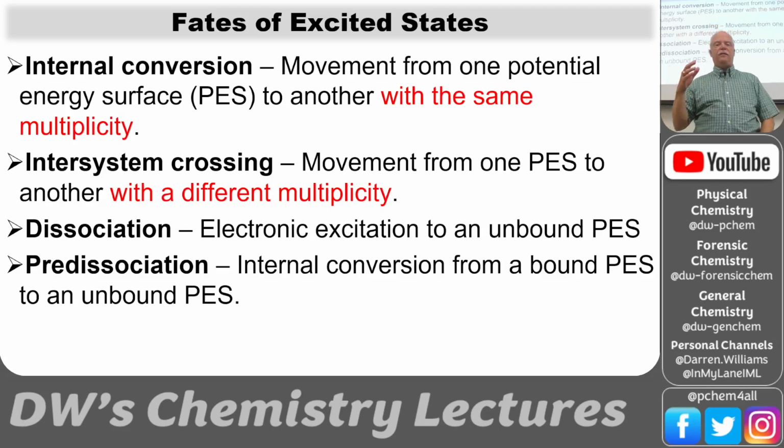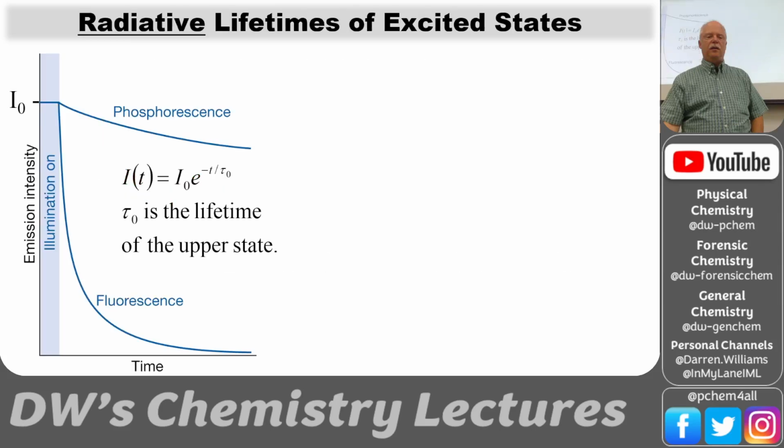And then there's, well, we'll see examples of this. Then you have pre-dissociation, and we'll look at dissociation versus pre-dissociation. You really can't understand that one without a picture. And then also we have radiative decay, where you just have the electron jump back down to the ground state and spit out a photon of